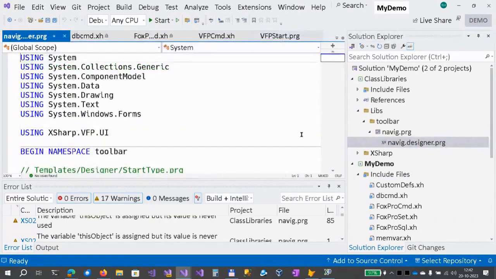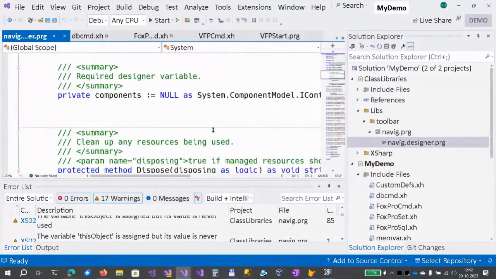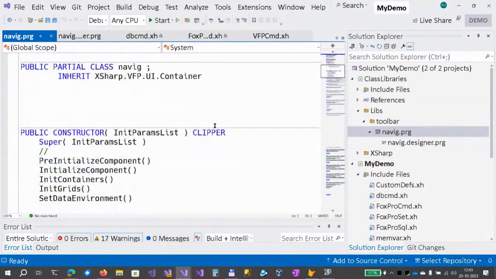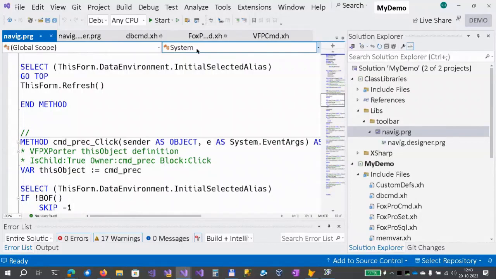The designer is basically source code that declares the controls, sets their properties, etc. So we have taken the control definitions out of the FoxPro code and converted them into XBase code, and that we compile in .NET. And there's a designer file that basically contains code that you normally don't change because it sets the properties. And custom stuff, like events, are converted into methods in here.